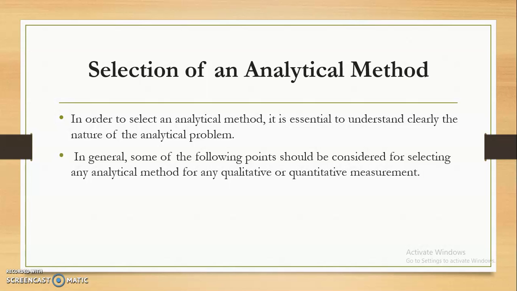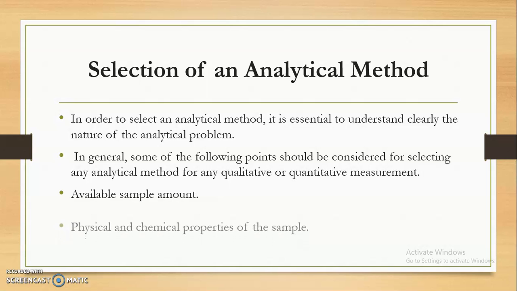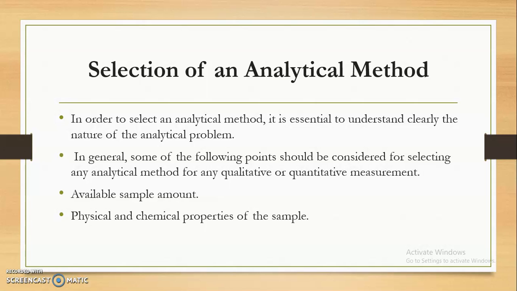Now some of the following points should be considered for selecting any analytical method for the qualitative as well as the quantitative measurement. First thing, available sample amount, means whether you are having the sample in minute quantity or major quantities. Then physical chemical properties of the sample, whether it is a solid, liquid, melting point, all these factors are to be considered. Then interference in the sample,